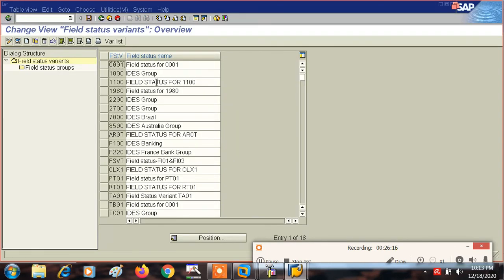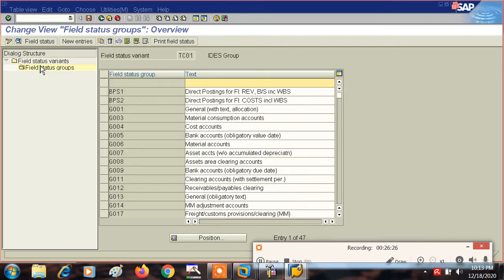We are controlling all these things with the help of field status variant. See, this is field status variant, and we can select from here and go to the field status group, and from here we can do all the settings and all the control we can do from this place, right?